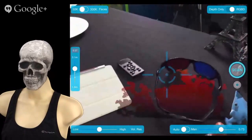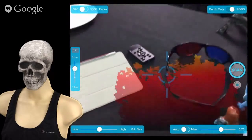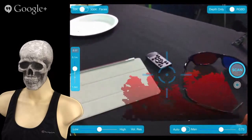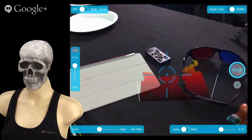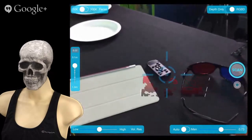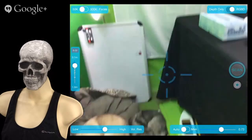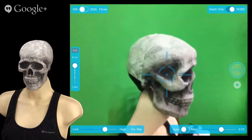feature that they've never really implemented, but it allows you to increase the volume resolution. It's stuck at a figure of 128, and it's essentially a ratio, so I'm not going to give a lot of details on what it does, but it literally creates more voxels. And it works in conjunction with the size of your cube. The smaller the cube, obviously the denser your voxels are going to be, and then if you use the slider in the bottom left side, you can make it extremely dense. There is a caveat though, because you're working with an iPad. The iPad doesn't have the horsepower that your PC does. So when I scan this item here,